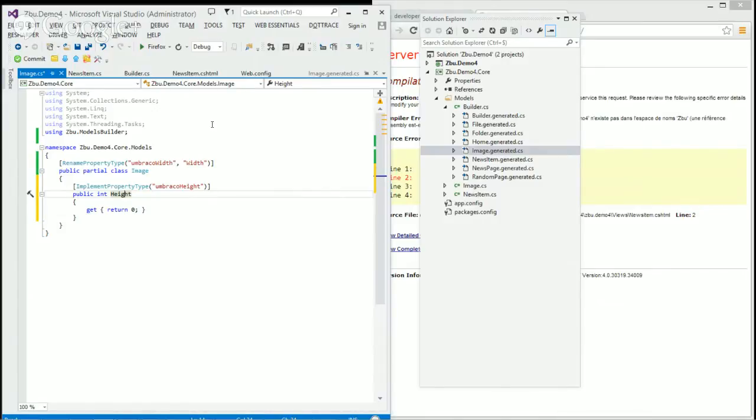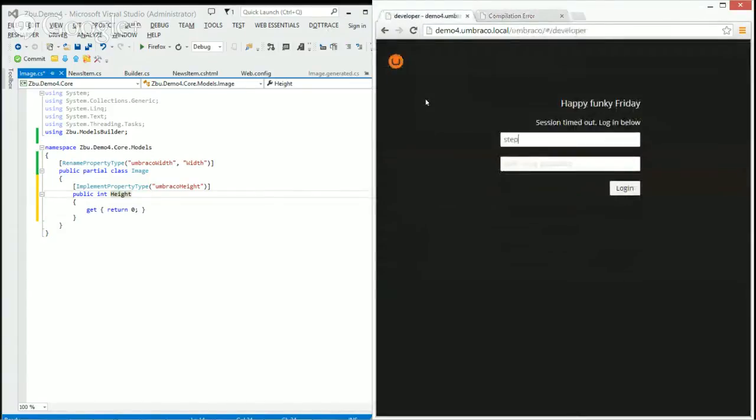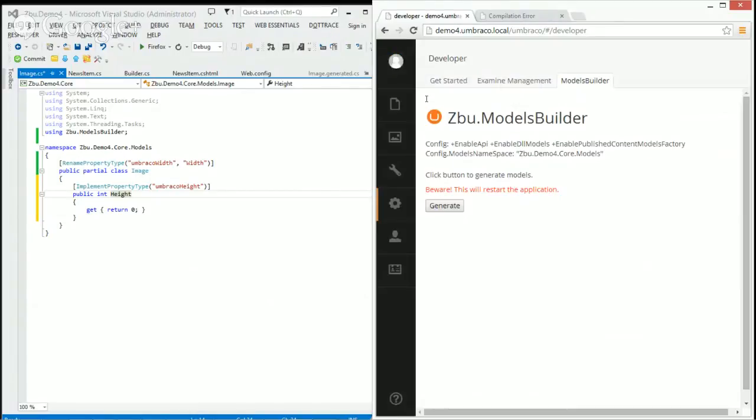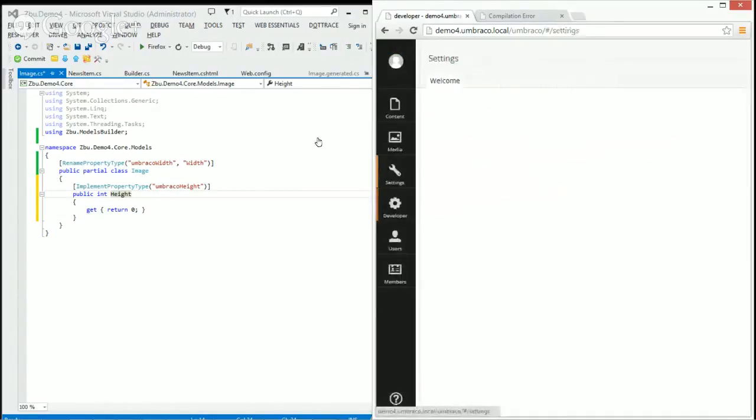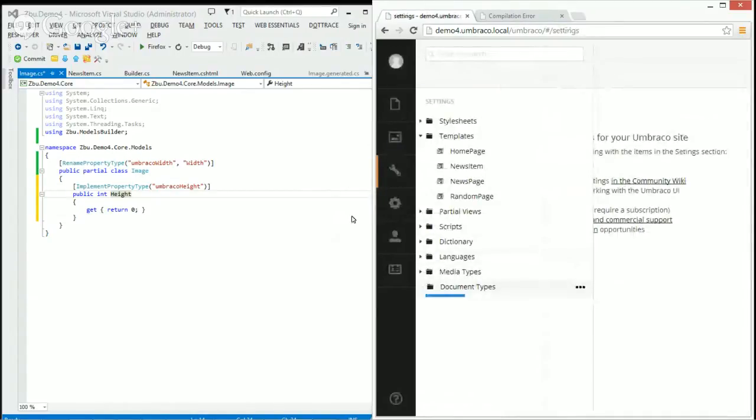The last thing before I conclude is my structure. I have created the document type structure with a random page for every page, and then two content types that are sub-content types of random page.